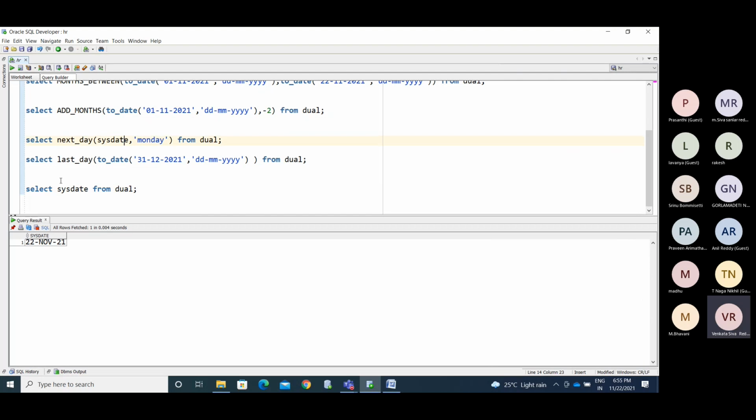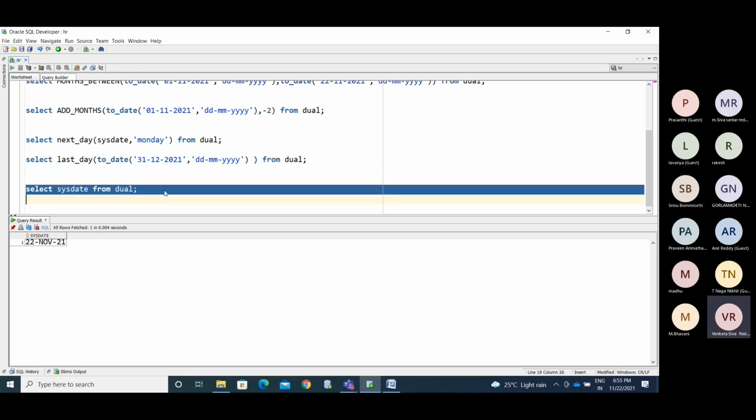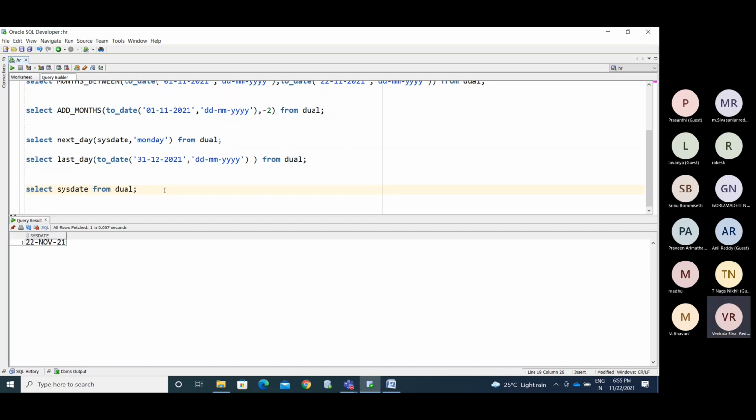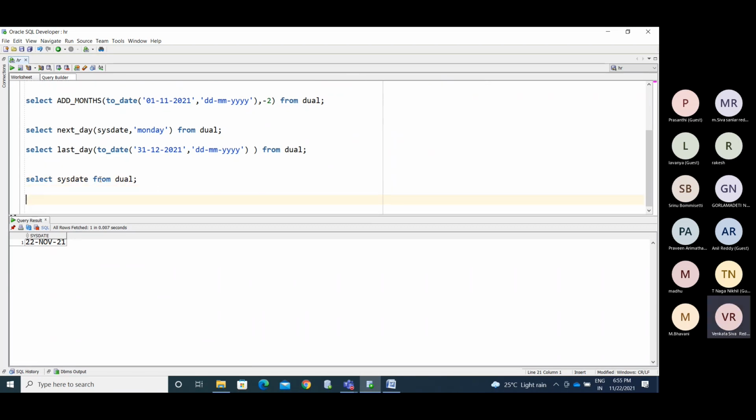So whatever current date the server has, that will be shown to you. Okay, that is for sysdate. We have another one, systimestamp.